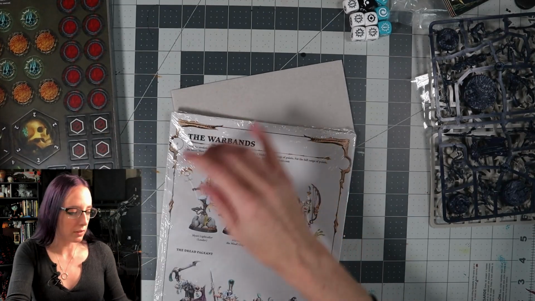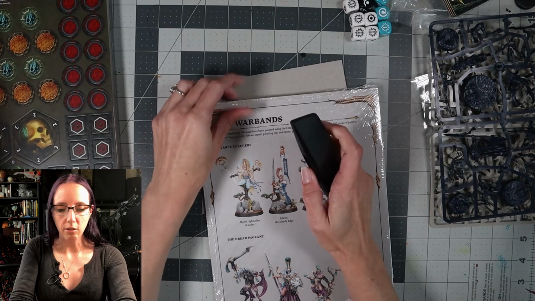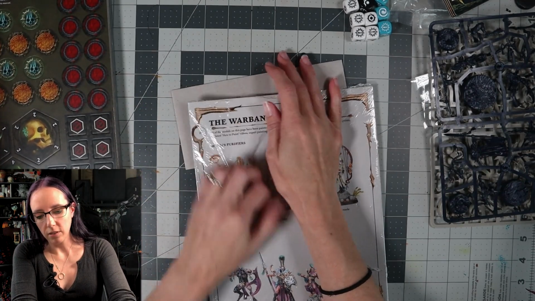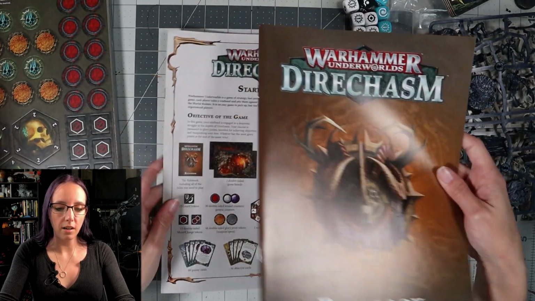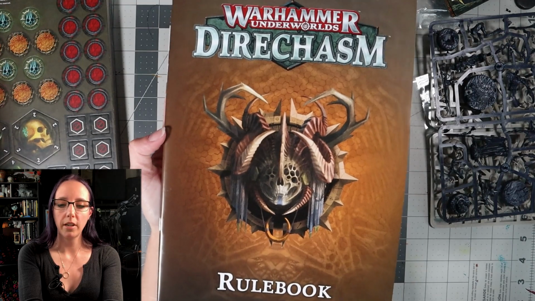tells us the rules. Let me grab my blade and actually get this open. Hopefully don't cut to the pages. Oh, I'm still gonna struggle. There we go. I've defeated you, plastic. All right, so we've got our Direchasm rulebook, which I'm going to go ahead and flip